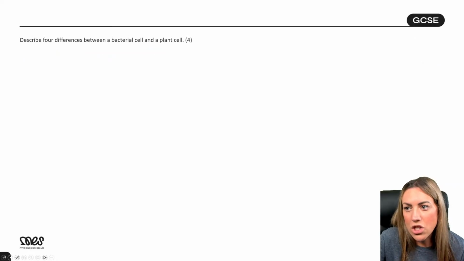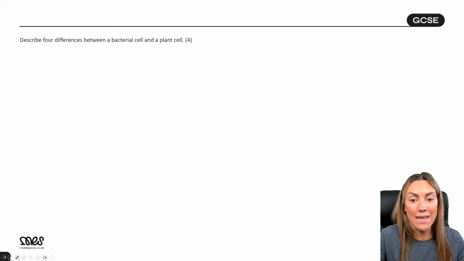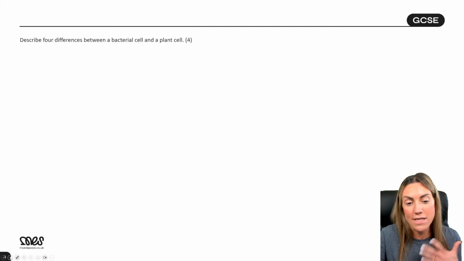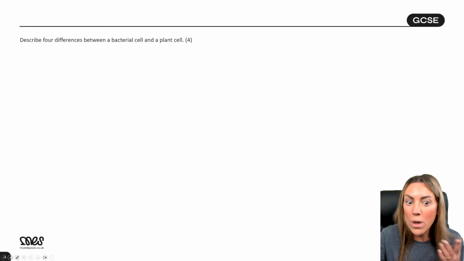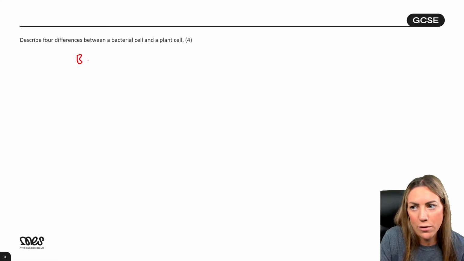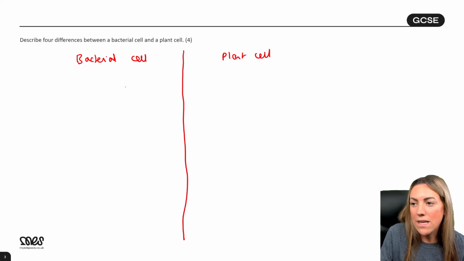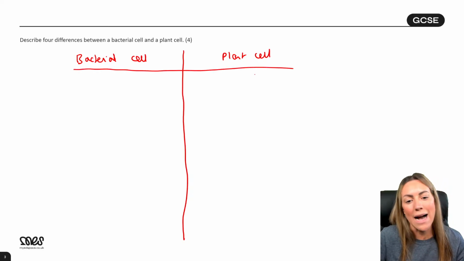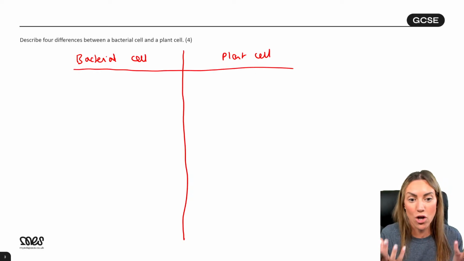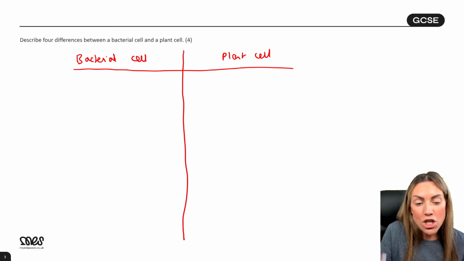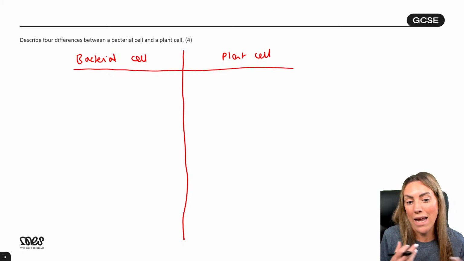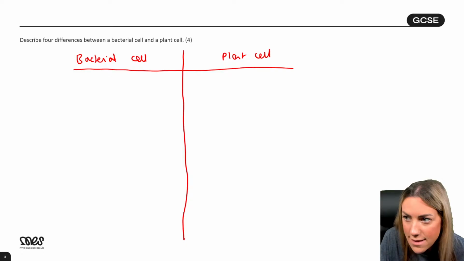Okay, describe 4 differences between a bacterial cell and a plant cell. So here you go. This is a bigger question. It's 4 marks. It's harder. They haven't given us a table. So we could do our own table for sure. And I'm going to do it like that. And you could do this in your exam. Because if you do your own table, then you are bound to get marks, because you're going to have to make direct comparisons, right? Make the differences clear. You don't have to do a table, but if you don't do a table, I would use the word whereas in my answer. So let's get some answers into the chat.